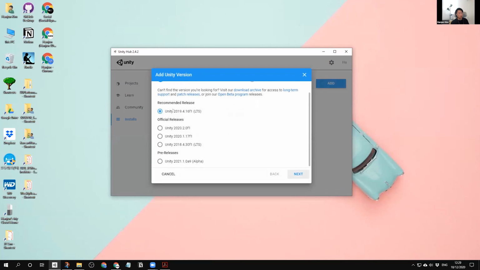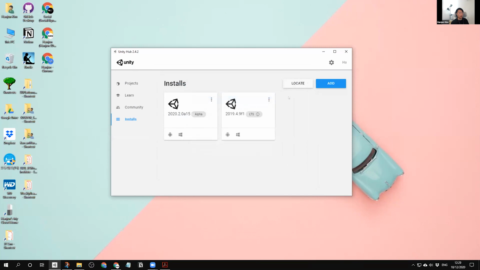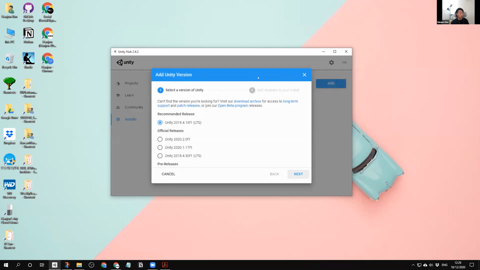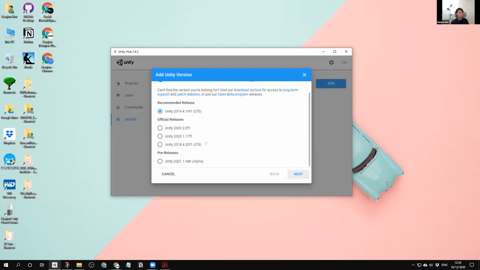well, this is the typical one, the 4.16. This is also fine for our workshop, but what we both have was 4.9, so that's why we specifically mentioned the 4.9. And as you can see here, there's other list about the 2020 or 2080. As I mentioned at the beginning of this tutorial, Unity is quite sensitive about the